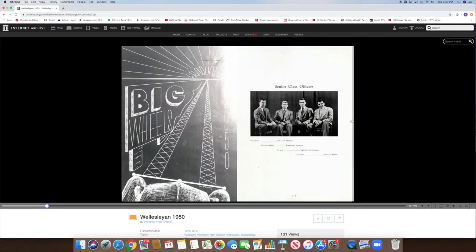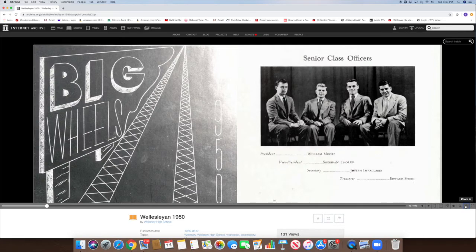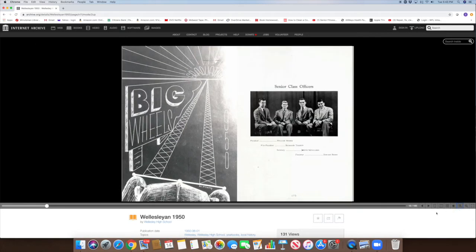It shows you all the things. You can make the pages larger or smaller so that you can look at it better by zooming in, and you can zoom in as much as you would like to. I would like for us to be able to go to a certain page because I want you to see the page that